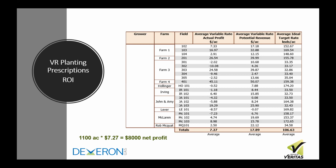And we know when we are agronomically correct, we are usually most economically correct too. Not every time, but I would say 99% of the time in most cases. When we start looking at weed pressures and things like that,